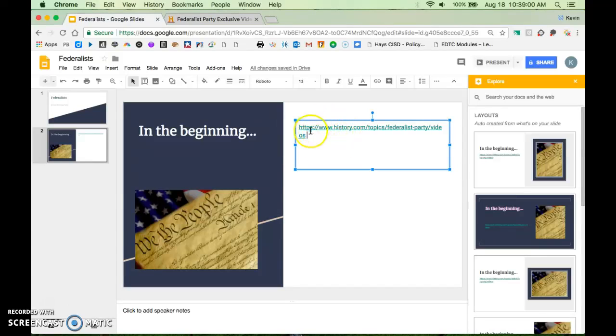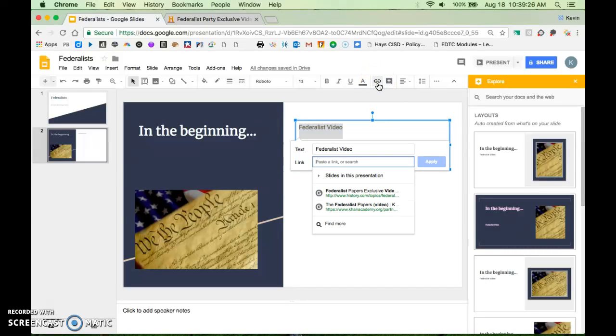To clean this part up, instead of doing the copy and paste right there, I'm going to delete, and I'm going to call this something else, whatever you want to call this. And then instead of pasting that whole thing, I can highlight any text that I want and click this little, looks like a chain link. I'm going to click on that chain link, and here below the text I can actually insert the URL,